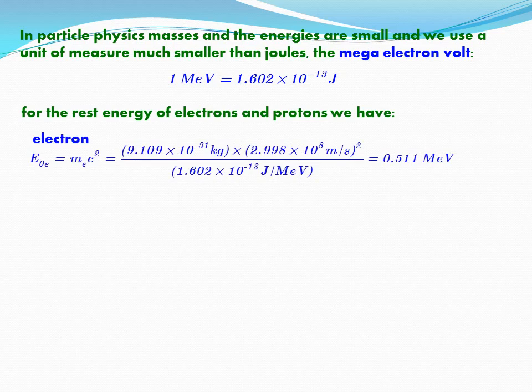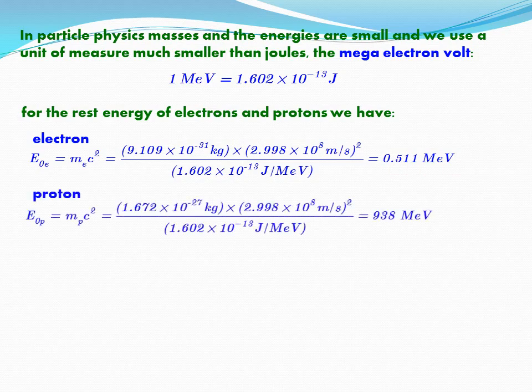For the rest energy of an electron we have m electron times c squared, therefore we multiply 9.109 times 10 to the minus 31 kilogram times the light speed squared over the number of joules per megaelectronvolt, and the result is 0.511 megaelectronvolts. And for the rest energy of a proton, whose mass is almost 1800 times the mass of an electron, note the exponent that changes from 10 to the minus 31 to 10 to the minus 27, the rest energy is